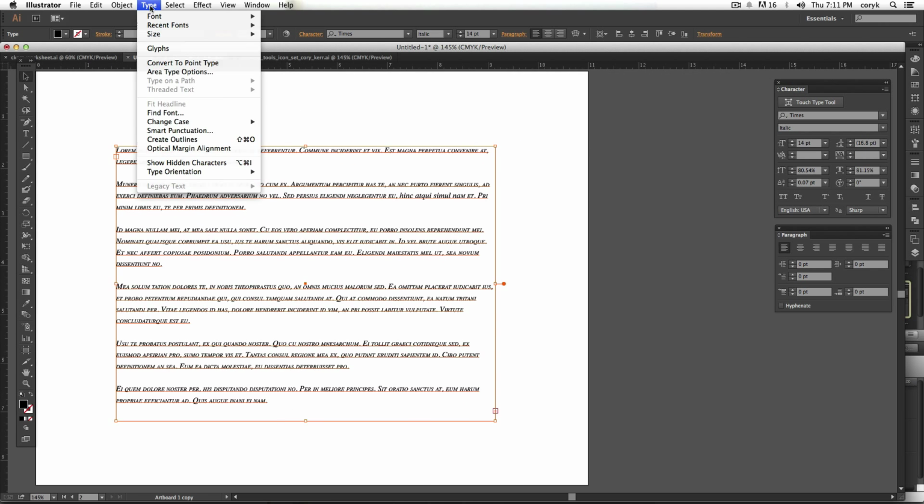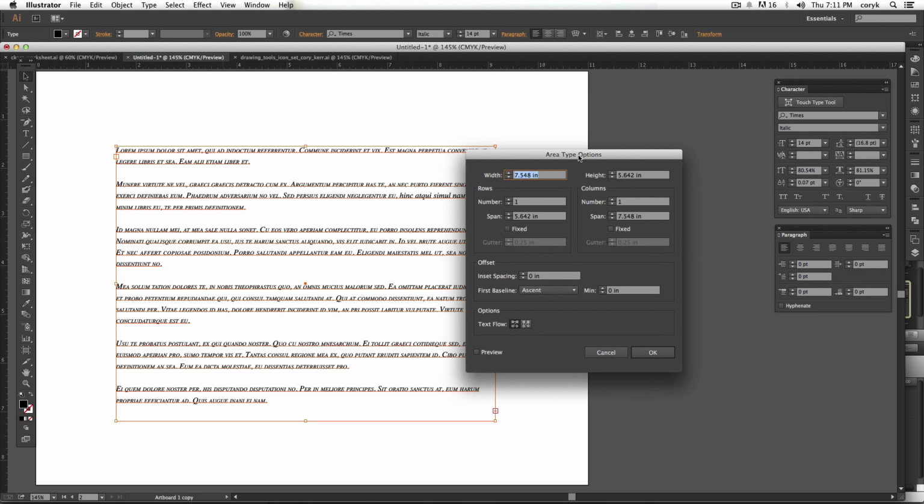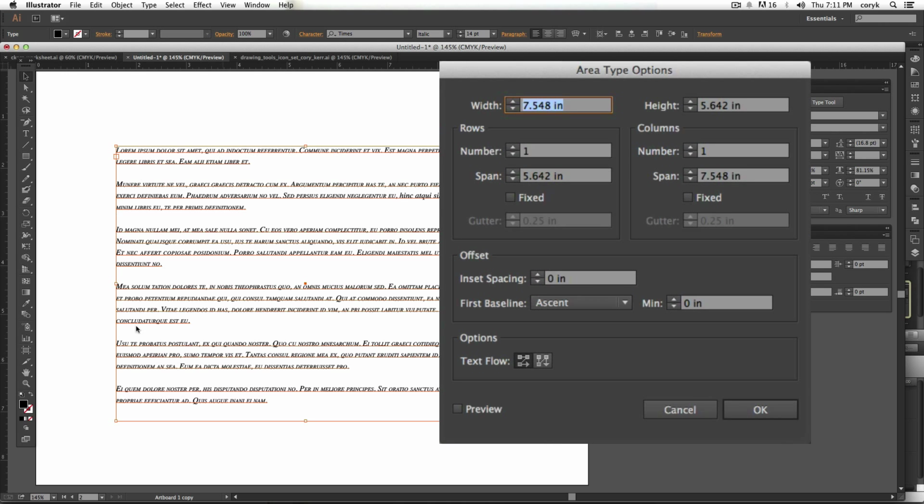If you go to your type menu, you have your font, recent fonts, other things. You also have area type options. Area type options is talking about the text box. It's the area that the type is in. And you have different options with that. You can actually set a specific width and height. So if you wanted it to be 8 inches wide and 6 inches tall,